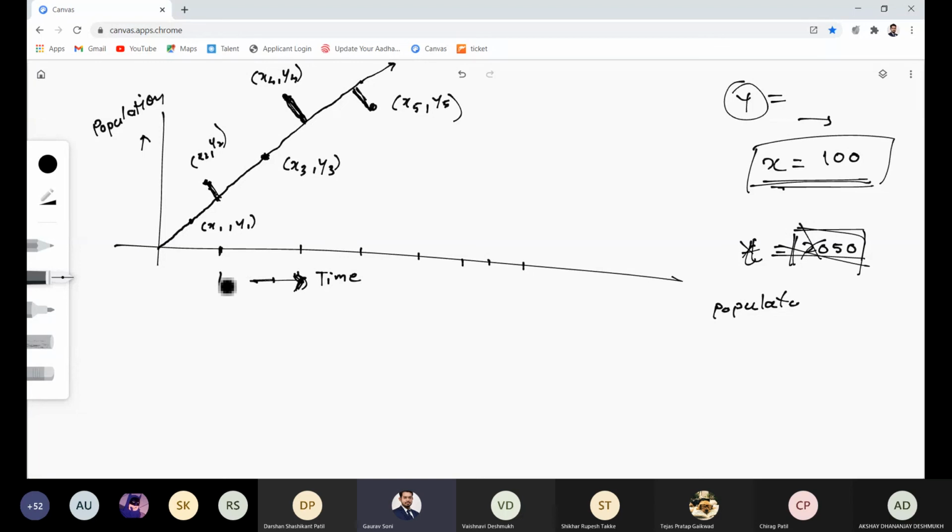If this is the first year, this is the second year, third year, fourth year, fifth year, sixth and seventh, these are the years. In the first year my population was this. In the second year the population of a city became this. The third one is something, and depending on this available data I have made an equation. Once I make an equation, I want to see what the population will be when 25 years are completed. At the end of 25 years, what will be the population? So in that equation I will put this 25 and I will get the required population.